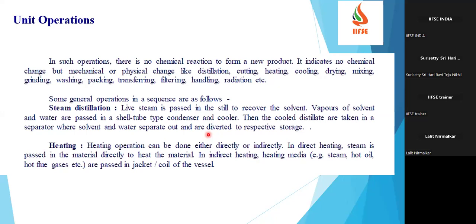Then heating. Heating operation can be done either directly or indirectly. In direct heating, steam is passed into the material directly to heat the material. In indirect heating, heating media, for example steam, hot oil, or hot fumes or gases, are passed in the jacket or coil of the vessel. If you're already in the chemical industry, you'll know what a jacket is. For example, if it is a vessel,